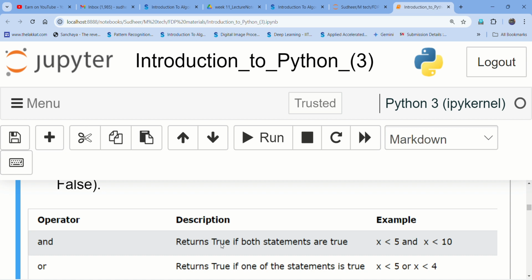So we can check the status of window 1 and check the status of window 2. If window 1 is open and window 2 is open, we can use the symbol AND. So if window 1 is open, it will return true. And if window 2 is open, so if window 1 equal to open and window 2 equal to open,